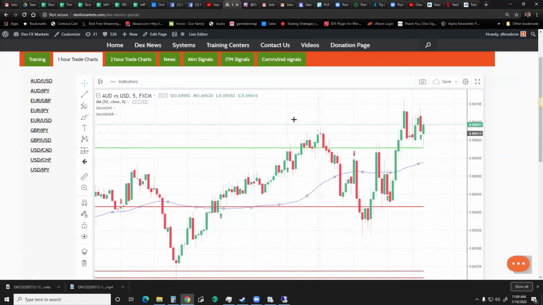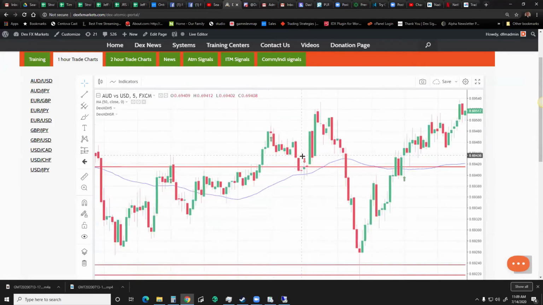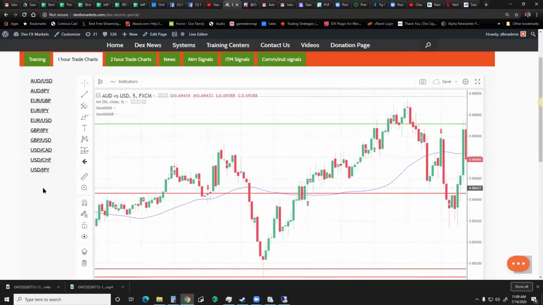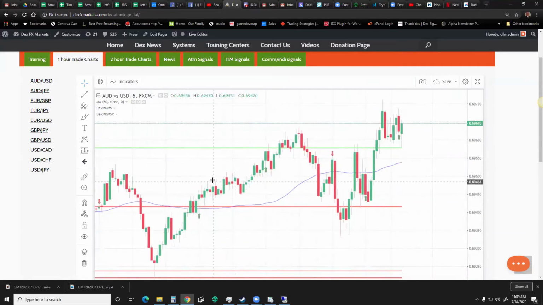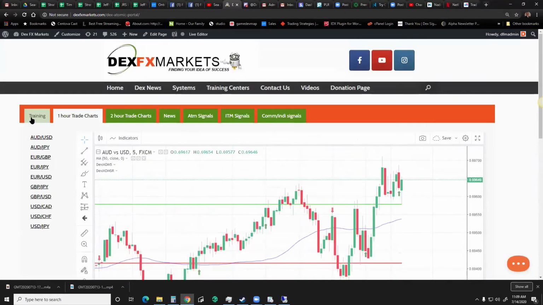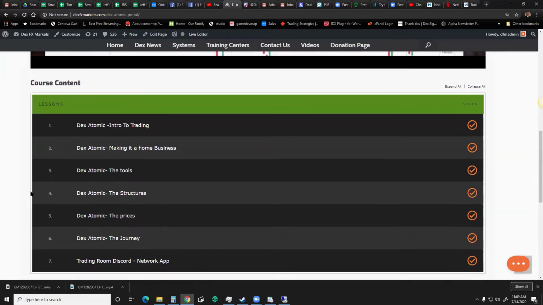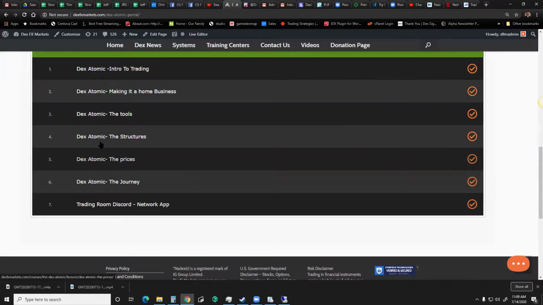But as we started to develop the Dex Atomic, we found that just about every single arrow had the potential to be a trade. Whether it was a winning or losing trade was really dependent upon the market and how things evaluated. But then we started to see another pattern come aboard, and we saw this a long time ago. I gave this over-under strategy a lot of attention in the very beginning. If we go down here, we'll look at, I think, the structures.